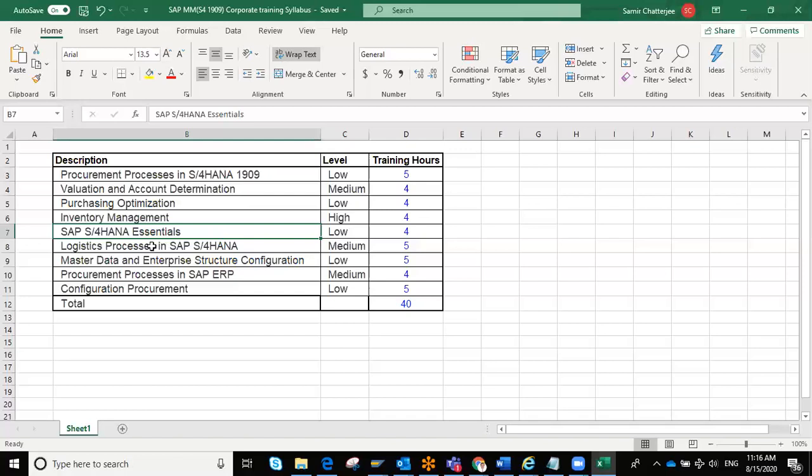Next is the logistics processes. Logistics processes is followed by different special stocks involving info records. So there are 8 different special stocks. We shall discuss most of the special stocks in logistics processes involving subcontracting,